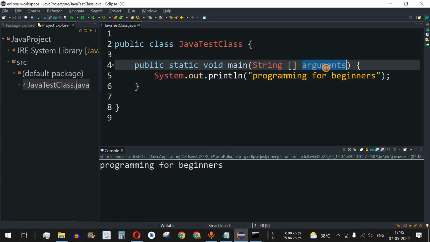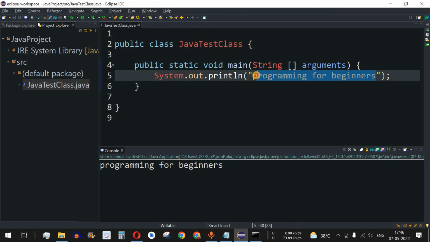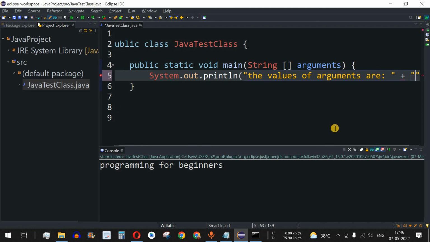Let's say we want to print the arguments that are being passed, but guys, over here we do not have any values being provided to the arguments over here, but still we can print something over here. So what we will do is we will type the values of arguments are, and then colon, and then followed by we can have another string that we can concatenate. So guys, concatenation is nothing but combining two strings or multiple strings. So in order to combine multiple strings, we provide a plus character, and then after this space we provide another string value. So let me show you with a string value over here.